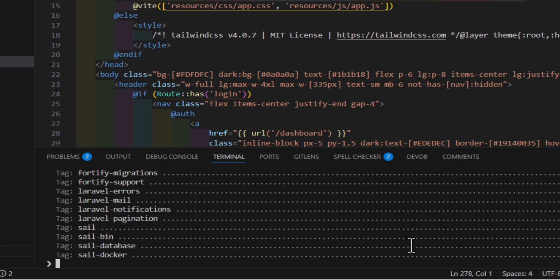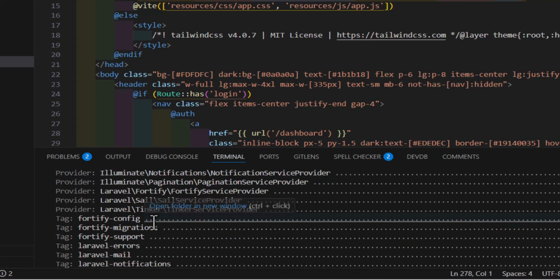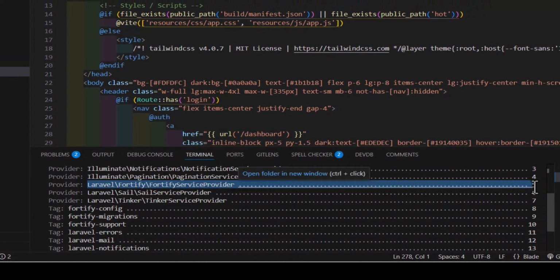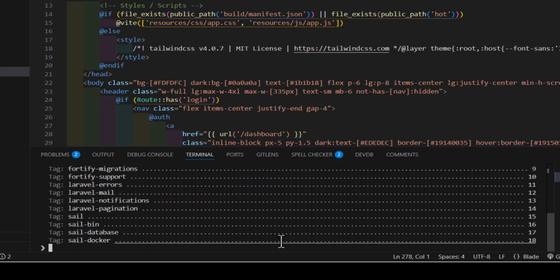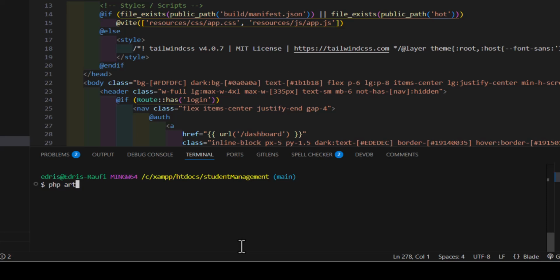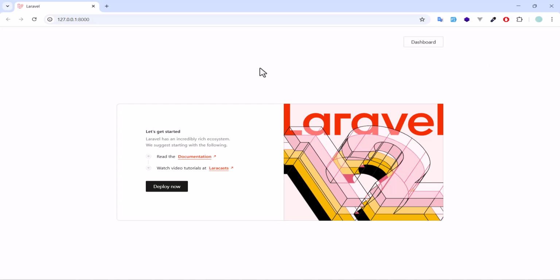Enter. Now in here select the Laravel Fortify service provider. So in my case, it's 5. Let's type here 5 and enter. Done. So now if I run php artisan serve and go to this URL, I don't have any login and